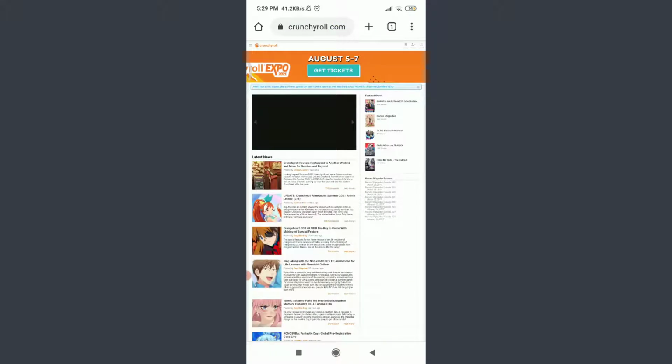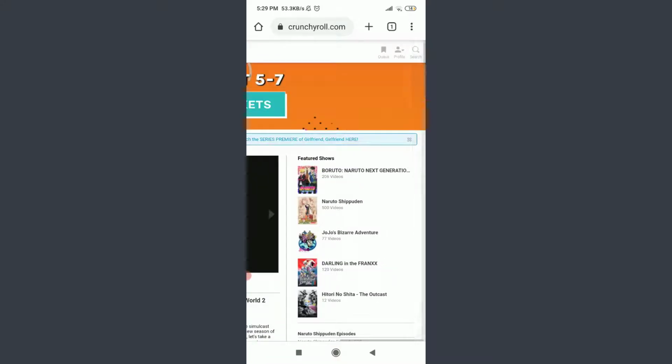On the top right corner, you can see that I am already logged in and I do have a profile of my own. So make sure to get logged in just like me, and you'll get an option of login next to queue instead of profile on the top right corner.